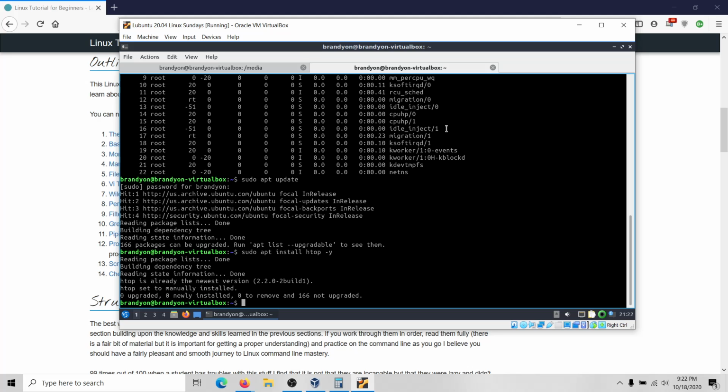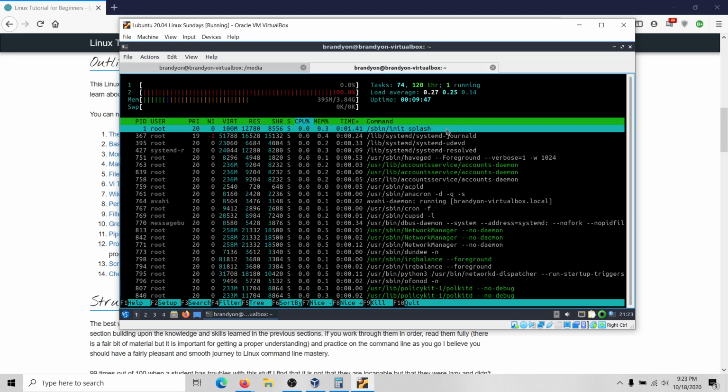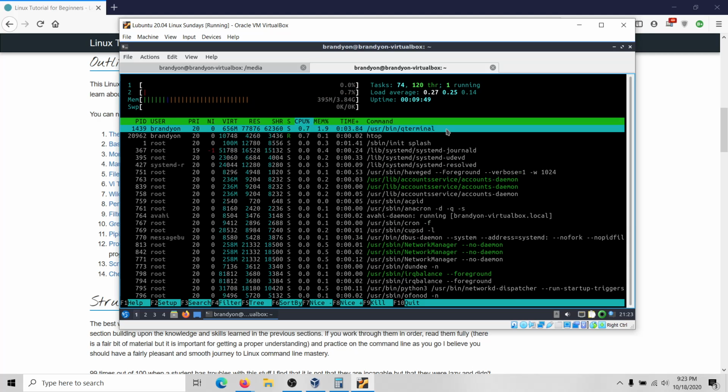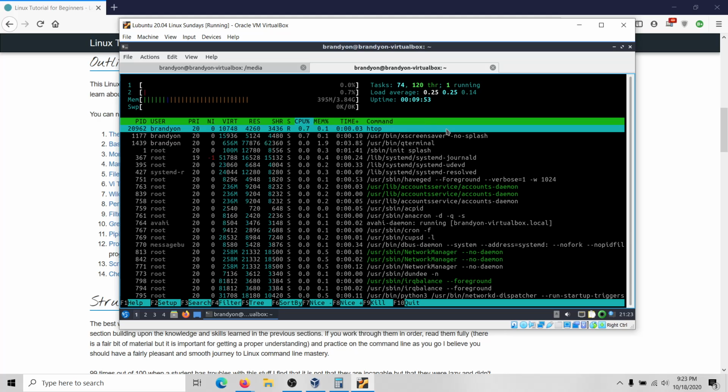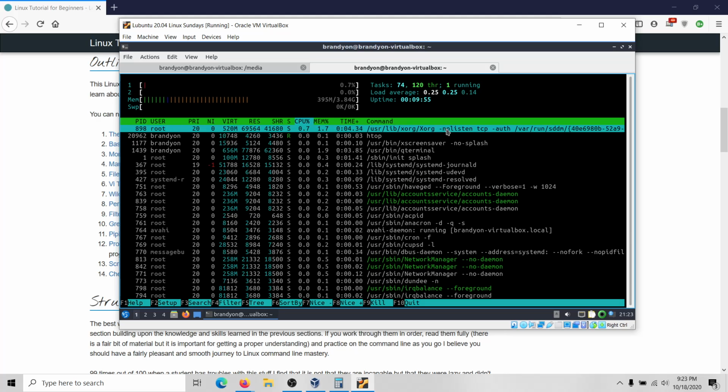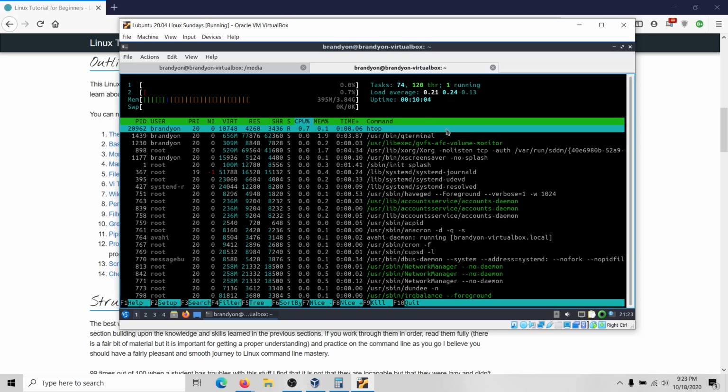Oh, it looks like it's already here, so that's perfect. Okay, so htop. And we can see of the 3.84 total gigabytes that we have, we're only using 395 megabytes, and we're hardly using any CPU. This is part of the reason I like to have as many cores as I have, but this also kind of shows you that, even if you're only able to use one core, you're really going to be fine. I'm only using